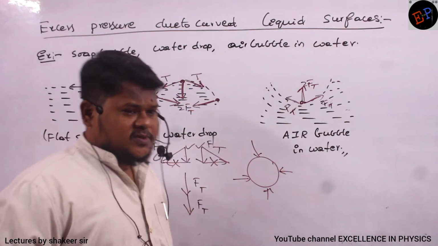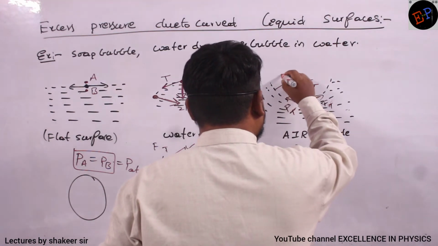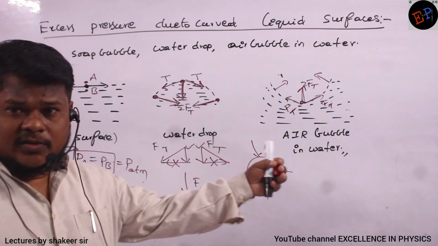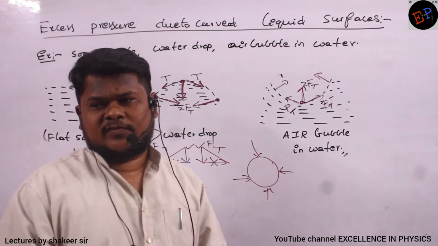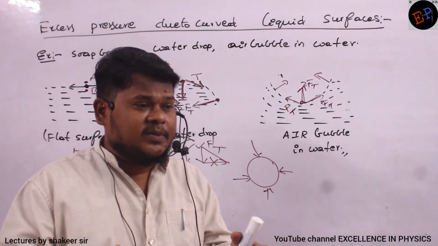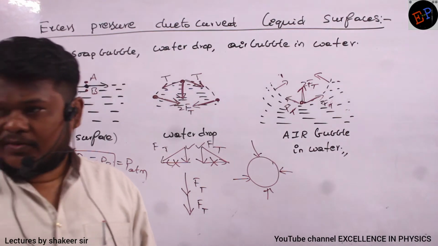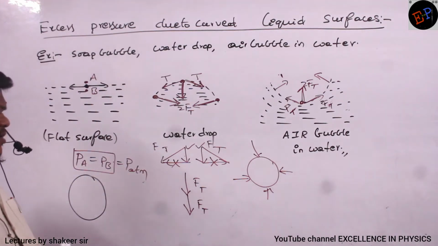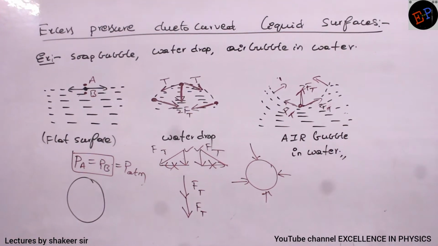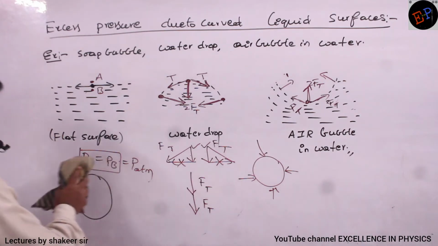And what is this net force doing? This net force is again acting on every side of the bubble, no? So they are also trying to compress the volume of this air bubble. So automatically what happens to the pressure inside that air bubble? Pressure inside that air bubble will increase. Understood, no? Right, so let us write a small statement about this. First you make a diagram of this one. So we will write some reasoning for this.